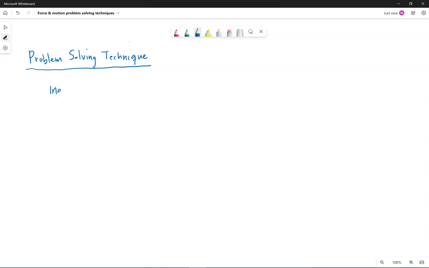All of our problems that we are going to be talking about are going to have us looking at what we call inertial reference frames. An inertial reference frame is one in which the observer is not accelerating. It's a non-accelerating reference frame. Now, that may sound a little weird, but if we were, say, in a car and